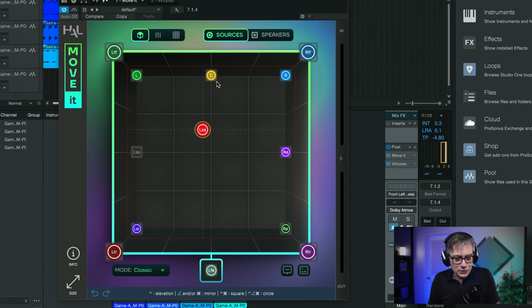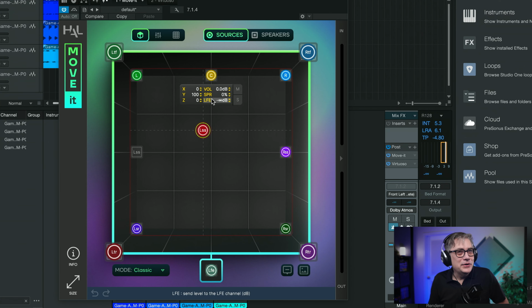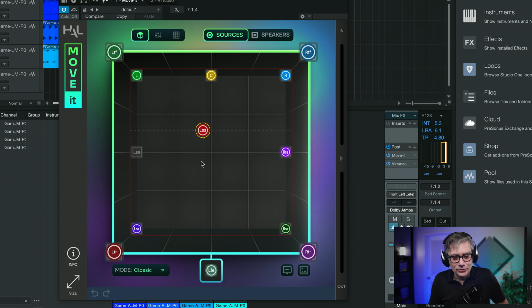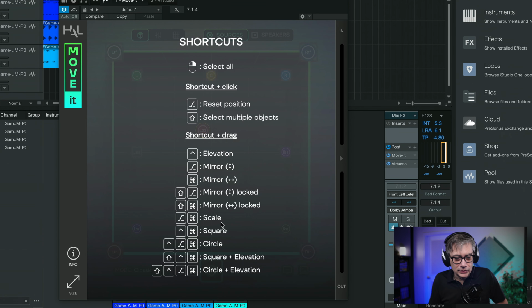So it is the control key, and that already is a bit of a problem. You need to know exactly what modifier key you have to press. Now, fortunately, there's an info button here. When you click on that info button, it will tell you what modifiers you need to use. So the elevation is the control key. Now I'm working with a Windows keyboard here. That's why I had a bit of an issue finding which key is what. But essentially, you can always go to that info screen and it will tell you what shortcuts you need to use.